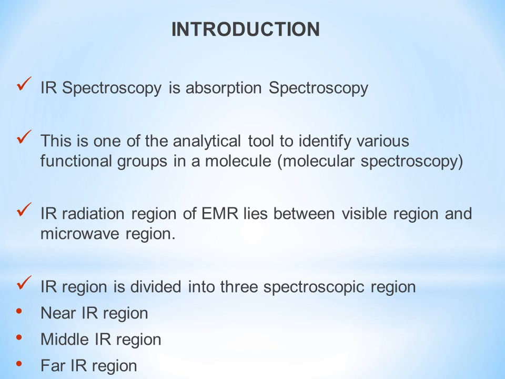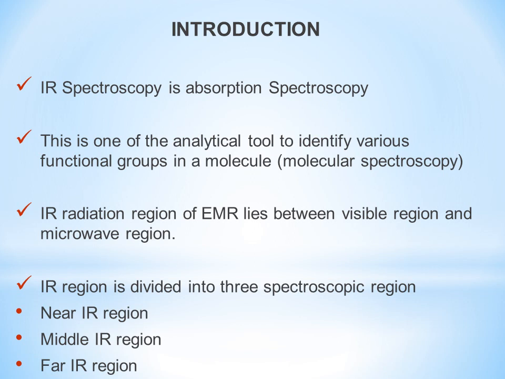Now we are going to move on to the introduction, but before that, I want to tell you one important thing. Wherever you want to characterize or confirm a known or unknown compound, we generally use four analytical tools, and IR spectrophotometry is one of them. What are those tools? The first one is UV visible spectrophotometry, second is IR spectrophotometry, third is mass spectrophotometry, and fourth is nuclear magnetic resonance spectroscopy, popularly known as NMR spectroscopy.